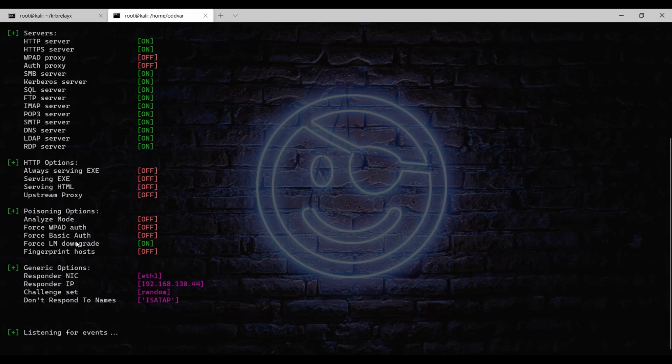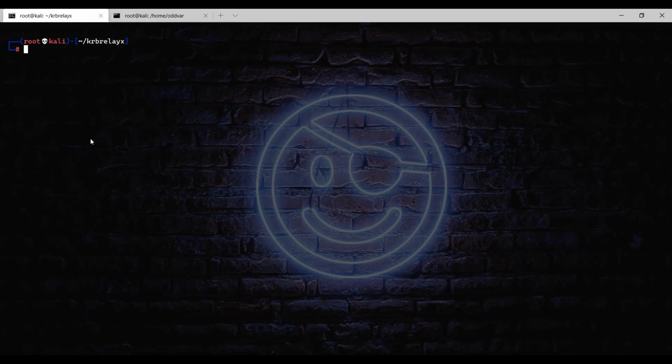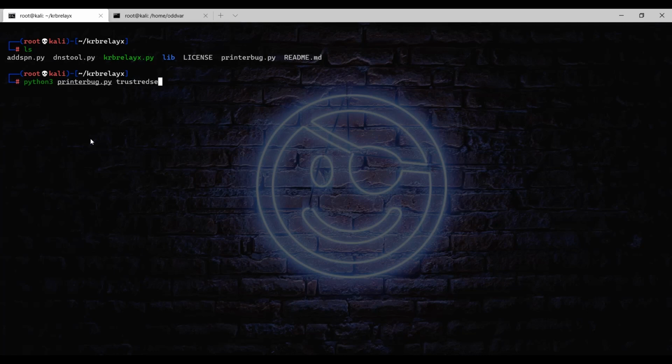And I can see that the force LM downgrade option is turned on, and I can verify that this is the correct interface and IP address. Next, we are going to use the printerbug.py script in the krbrelayx toolkit provided by Dirk-Jan. So we're going to type python3 printerbug, and then we are going to specify a user because we need to authenticate. I'm going to use IT-admin in this case